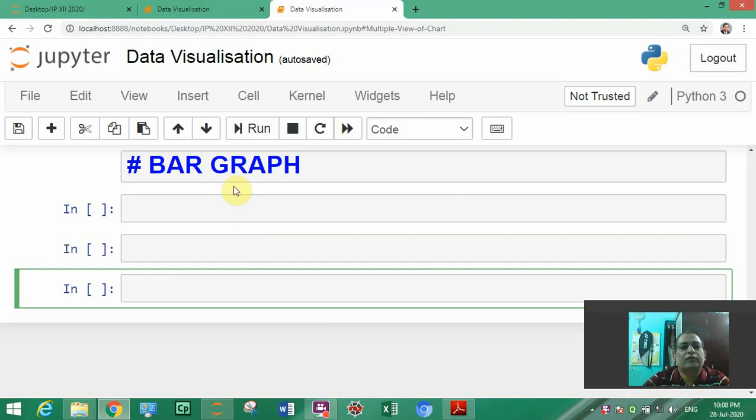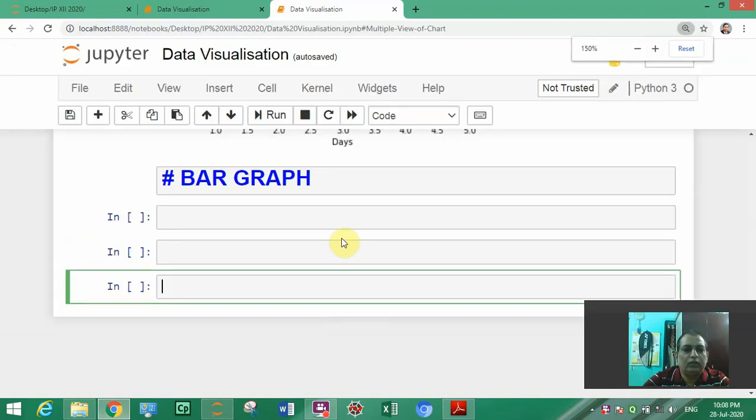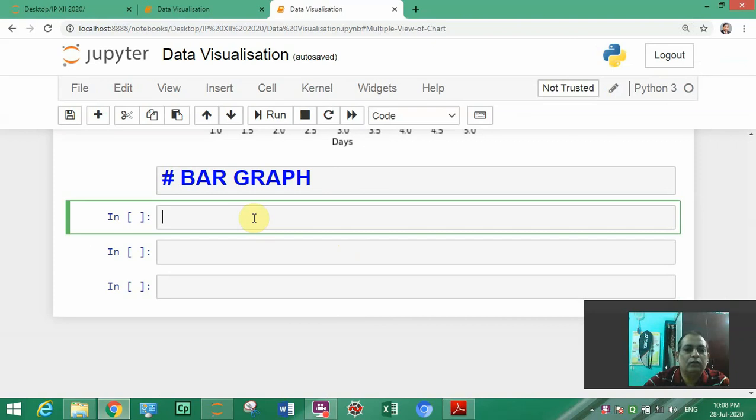So here we are going to see the practical of creating a bar graph. For that, I will show from the beginning. First you have to import matplotlib.